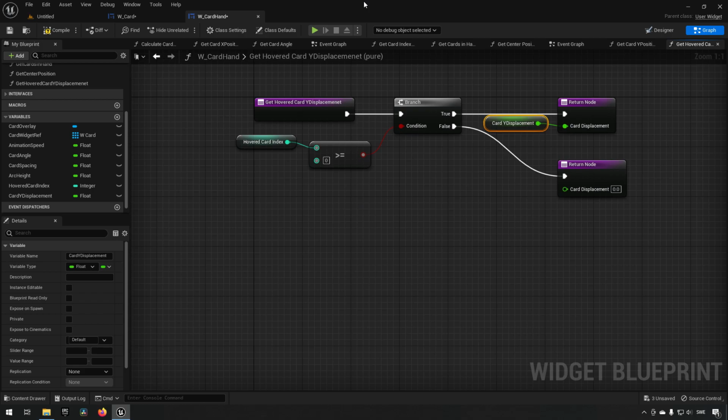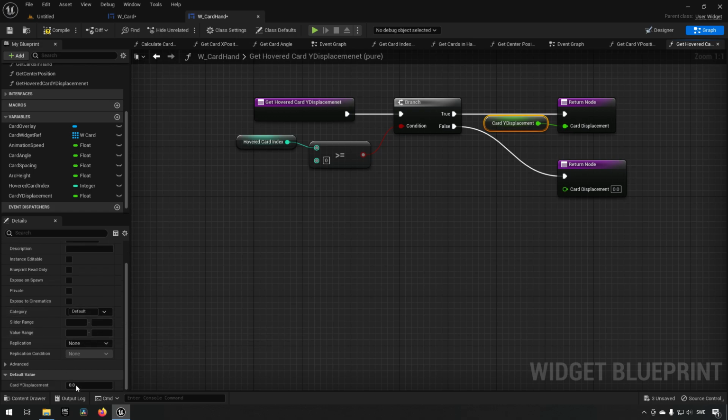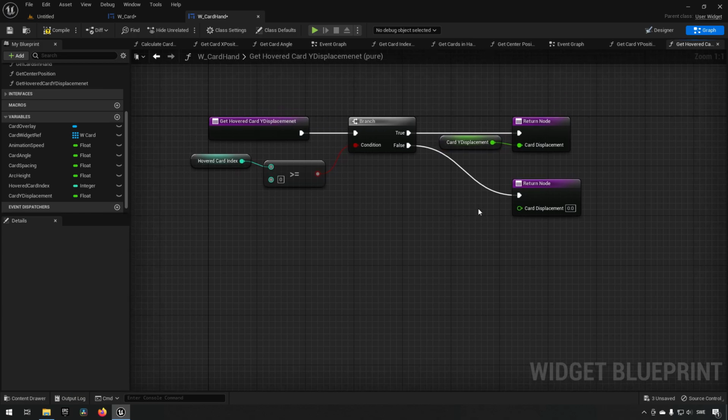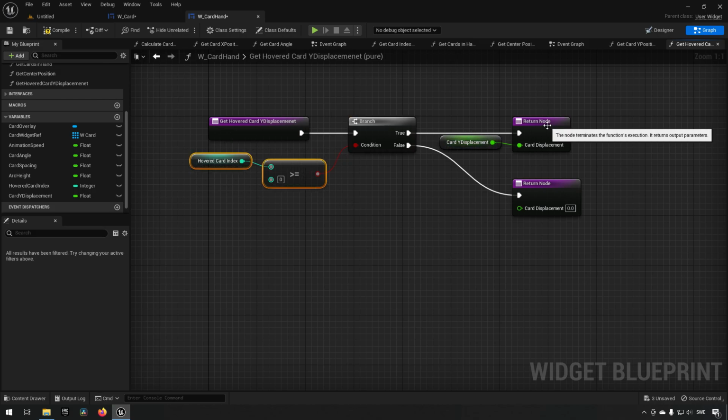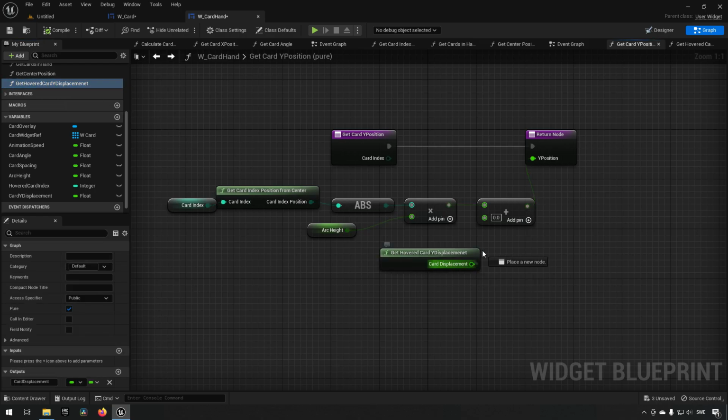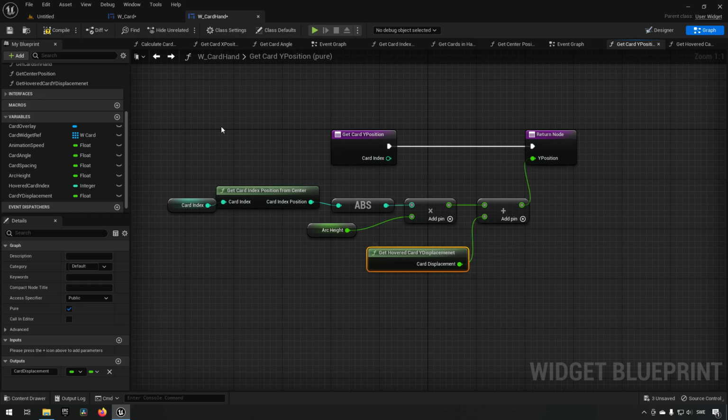Now, when it comes to the value itself, we could have a default value here just so we have something. So let's say a minus 100. Minus because the minus in a y-axis on the widget scale will allow it to go up, which is what we want. So now we can determine that if we have a hovered card, move it 100 units up. Okay. If we go back, we can now hook up our get hovered card y displacement, put it in there,